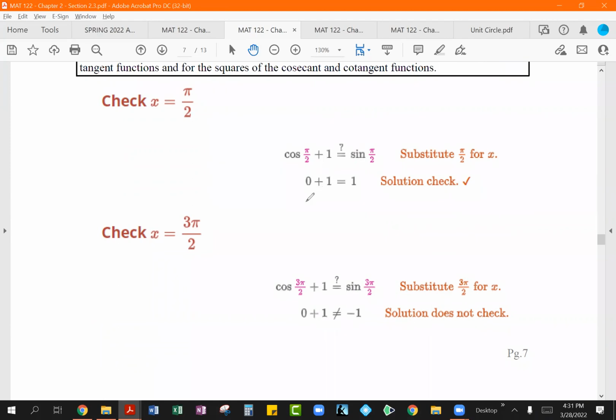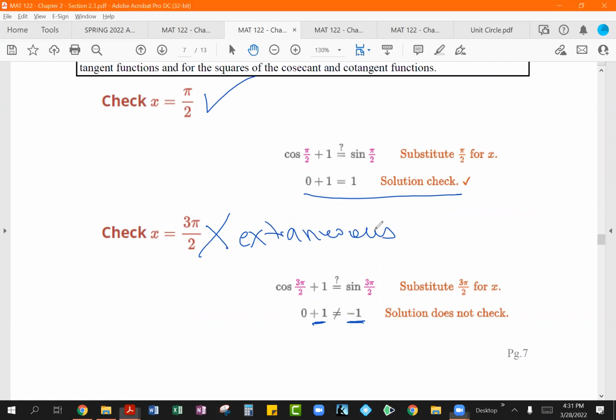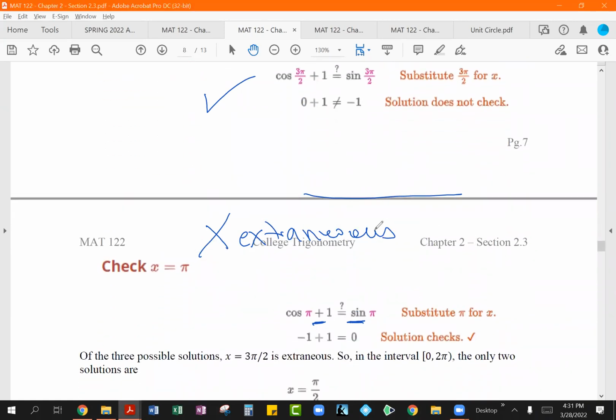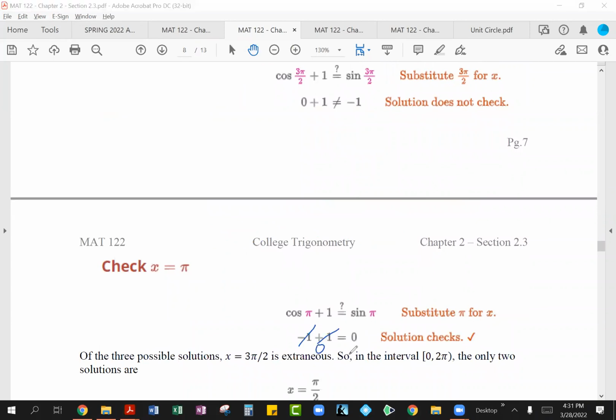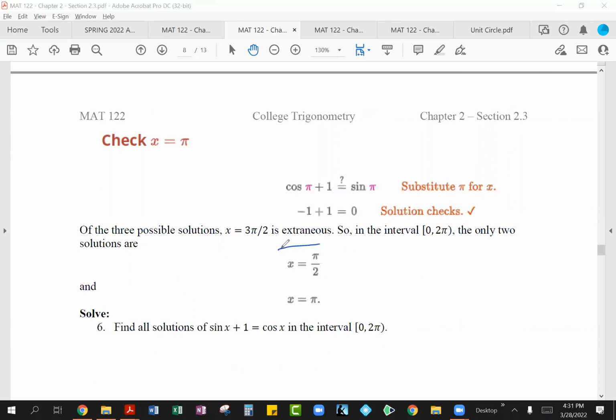So as you can see, this guy checks out, which means this guy is a solution. Here you got positive 1 on the left-hand side, but negative 1 on the right-hand side, which means this guy does not check out, and this is your extraneous solution over here. And then for the last one, you are getting 0 and 0 on both sides because these guys cancel out, giving you 0. You've got 0 here. So this is your solution, which means 3 pi halves was extraneous. In the interval 0 to 2 pi, you only have 2 solutions, and they are going to be exactly at